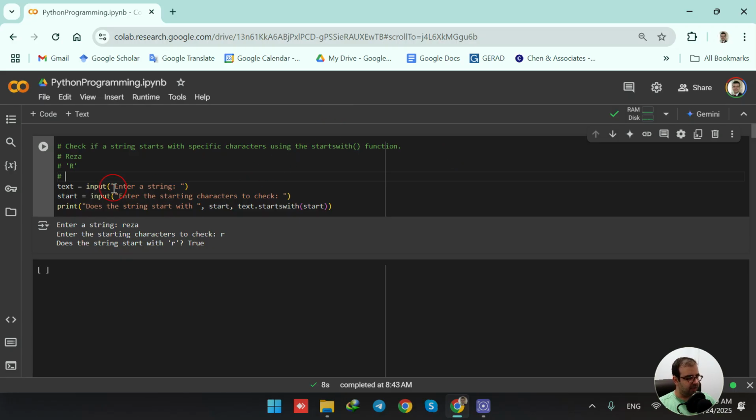Here, to do that, I'm showing this message to the user and saying, enter a string. Okay, and whatever the user is going to enter is stored in the text variable. Then we have another variable called start, and we would like to enter the starting character to check. Okay, so here I would say, for example, R, because I want to check if the input string by the user is starting with R or not. Okay, and whatever we enter here is going to be assigned to the start variable,